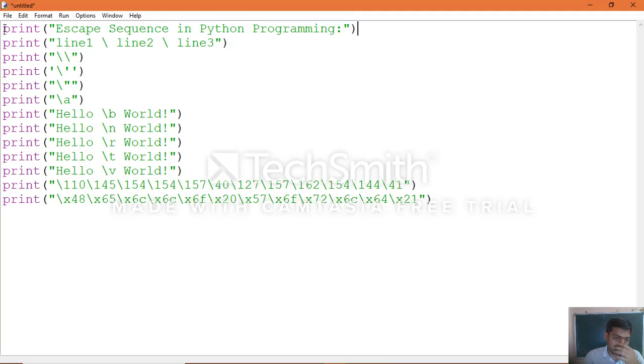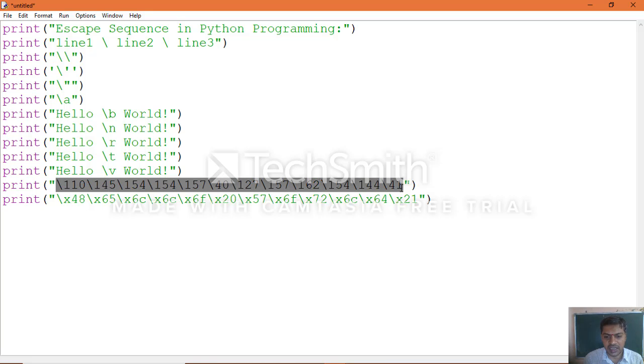Okay, now save this. See here we used backslash, single quotation mark, double quotation, bell symbol, backspace, new line, carriage return, tab space, vertical tab, and octal value and hexa value. Octal value represents a 3-digit number, and hexa value represents x followed by a 2-digit number. We can see all in this particular statement which will give you hello world.